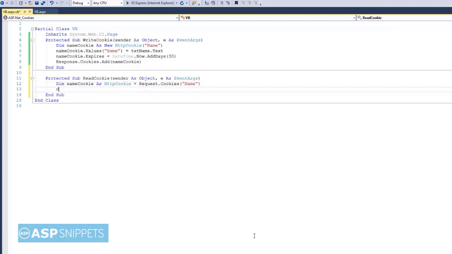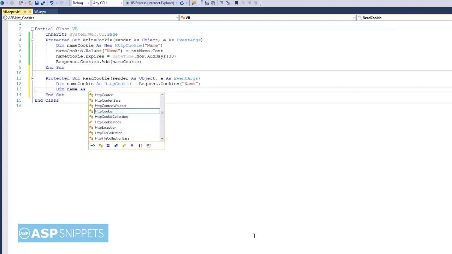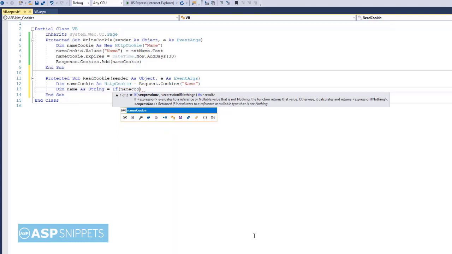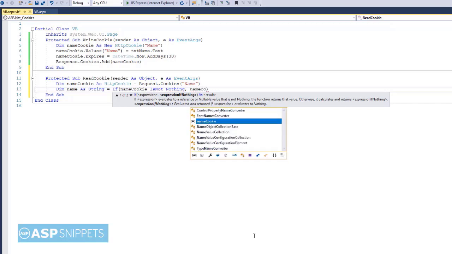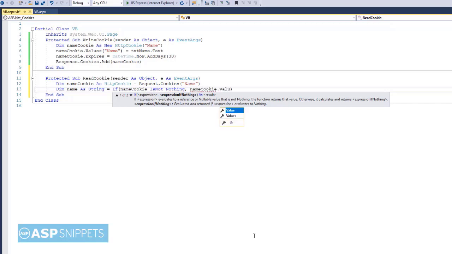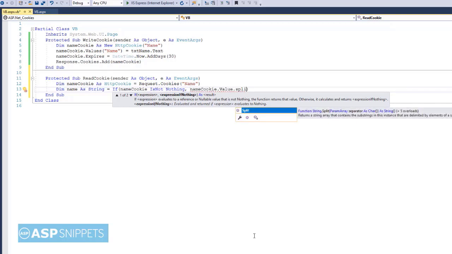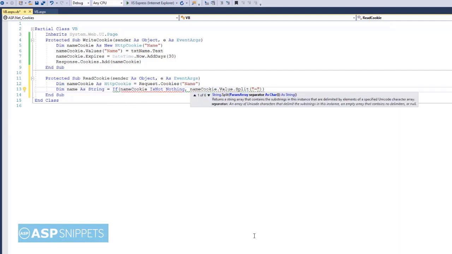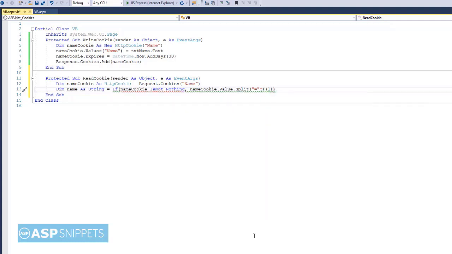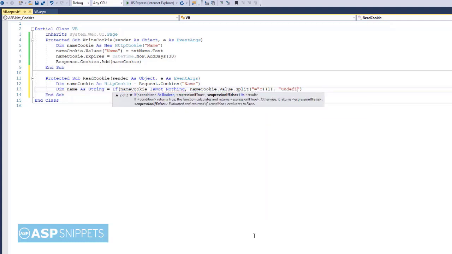So in order to fetch the value, I am adding an if else null check condition. As said earlier, the cookie stores the value in key value pairs. So basically the name and the value is stored together, and in the middle there is a separator which is the equal to operator. So in order to separate the value, we need to split it using the equal to operator.